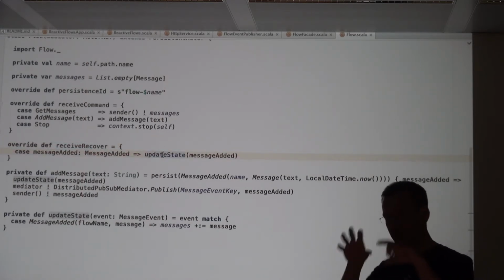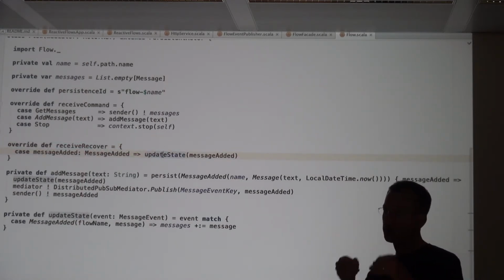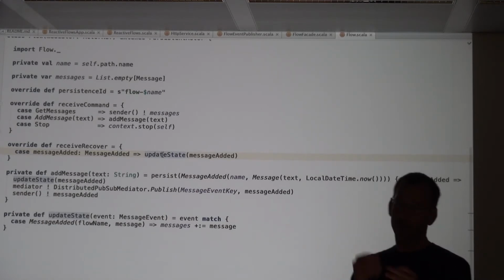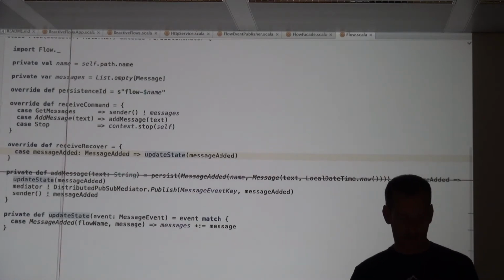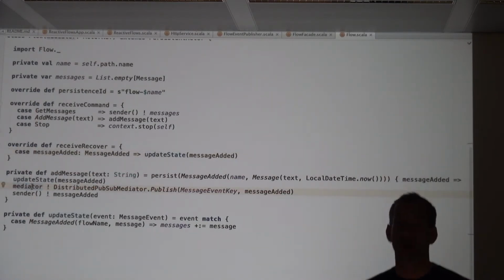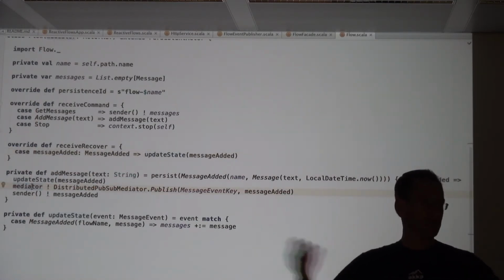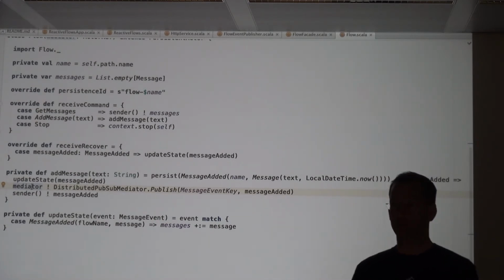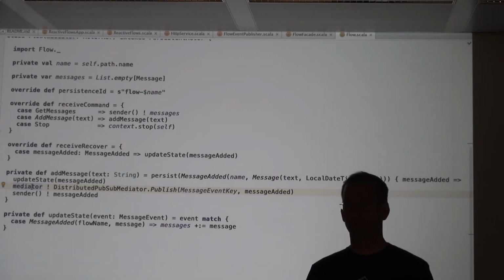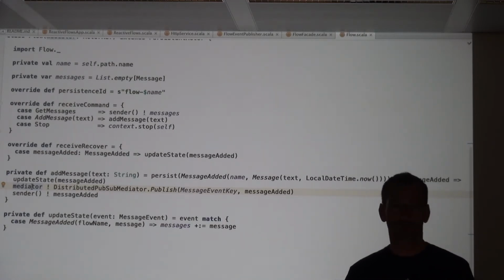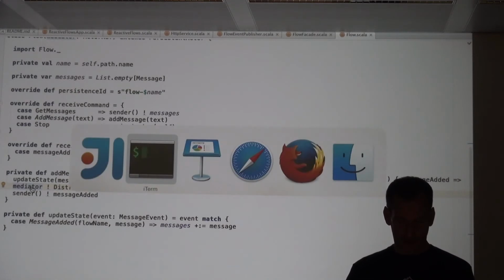So it's important to really distinguish between what affects the internal state of the actor and what are side effects, like sending messages to other actors, writing something into a SQL database. So you need to distinguish between those, because those side effects you don't want to repeat on recovery, usually. If they are idempotent, you could, but usually they are not. Okay, so that's the big change here.